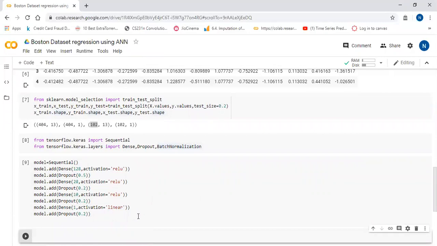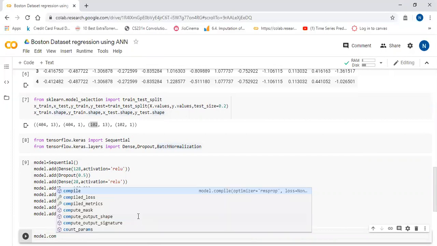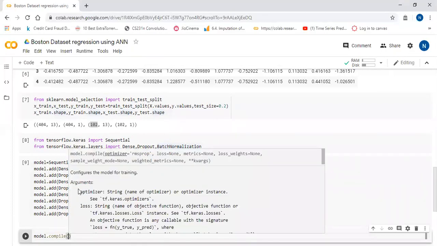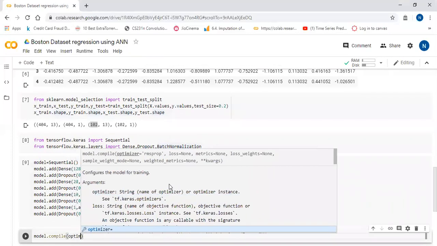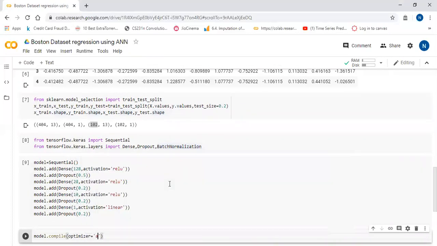architecture. Now the second step, we need to compile that model. So I'm going to compile that model. Model.compile. You have to pass an optimizer, a loss function, and metrics. So optimizer, I will pass Adam right now.